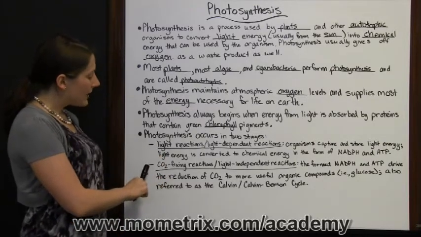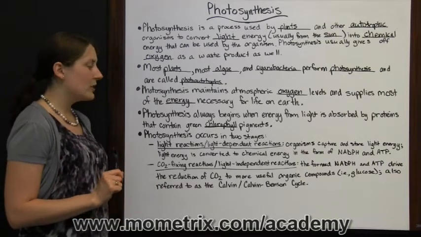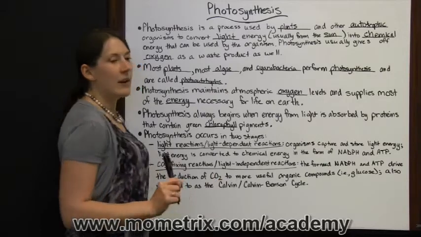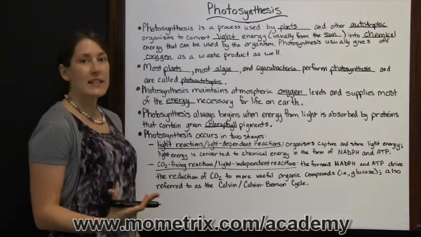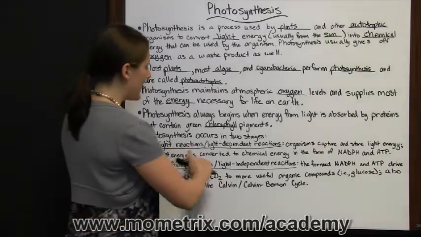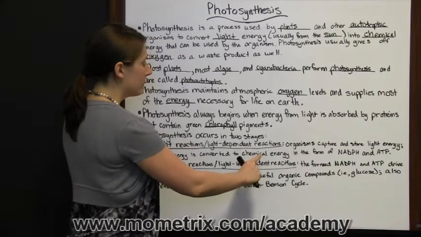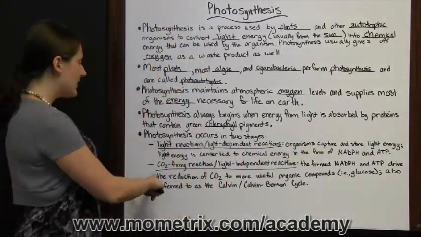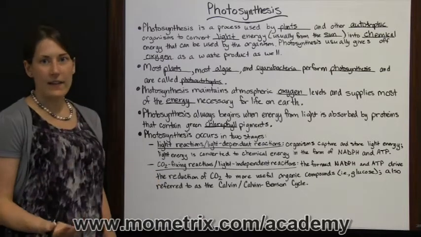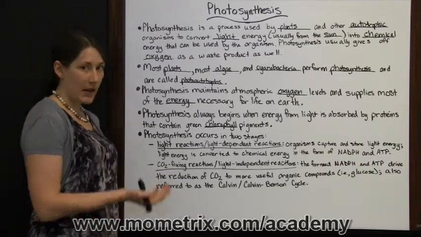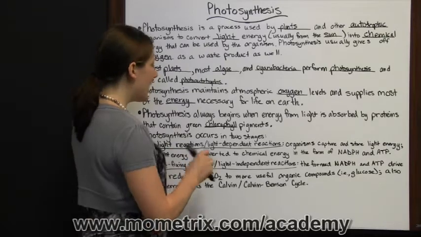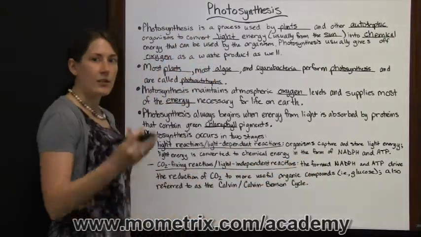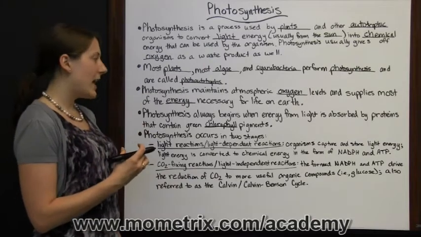In the carbon dioxide fixing reactions or light independent reactions, these are ones that can happen even whenever light isn't present, as long as there was some energy harnessed in that plant already. So these don't have to happen while there is light present supplying energy. They can happen later. And this is when the formed NADPH and ATP, so it's already stored and formed in that autotroph,